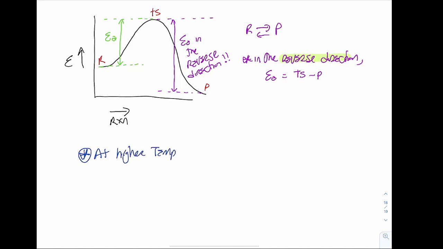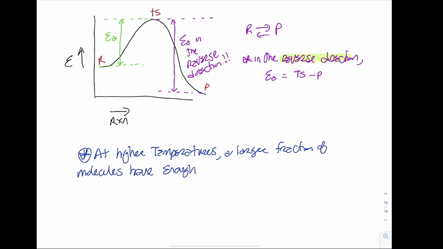Remember, temperature was a measure of a substance's average kinetic energy. So when I say higher temperature, I'm saying they have a higher average kinetic energy. So at higher temperatures, a larger fraction of molecules have enough energy to overcome